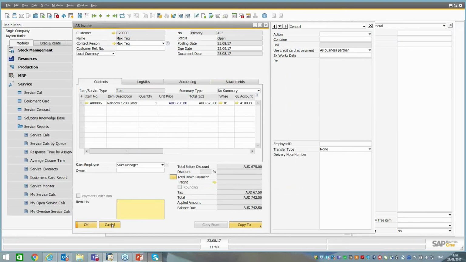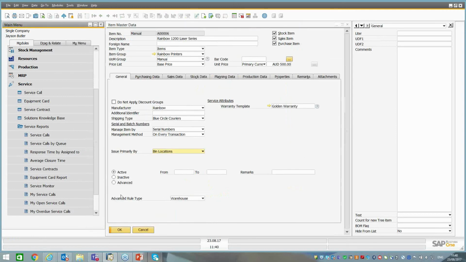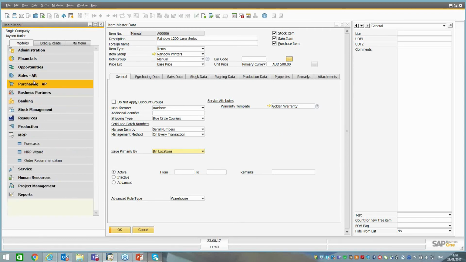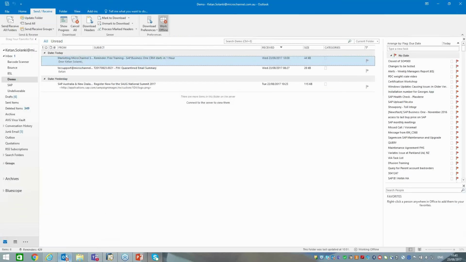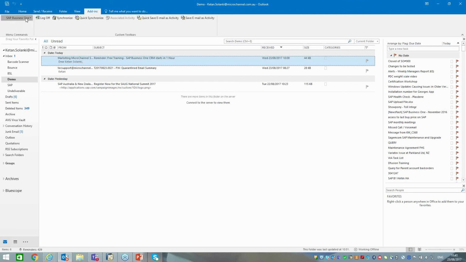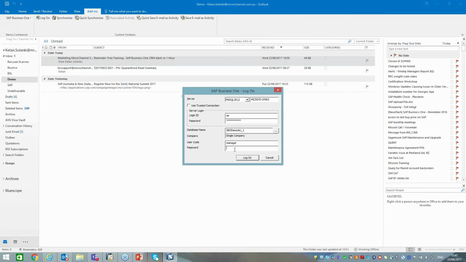All right, so moving on to the next topic, which I'll quickly run through, which is the Outlook integration capabilities within SAP. So a lot of you may or may not be aware that there is an Outlook add-in for SAP Business One. And when you've got that set up, you get an extra ribbon in the add-ins tab where you can log in and choose the database you want